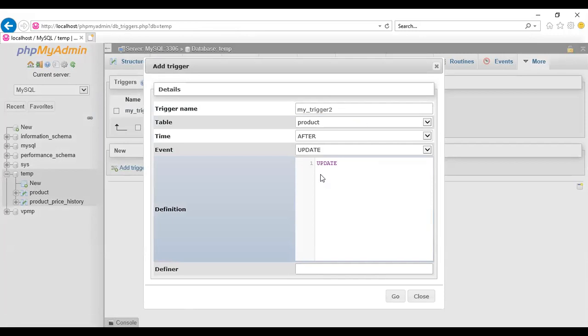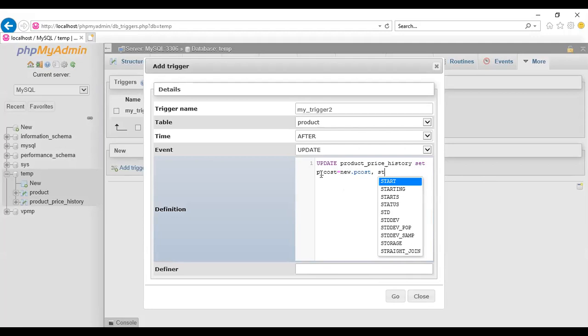Update product_price_history, set P_cost is equal to new.P_cost, comma, we have to change status also.